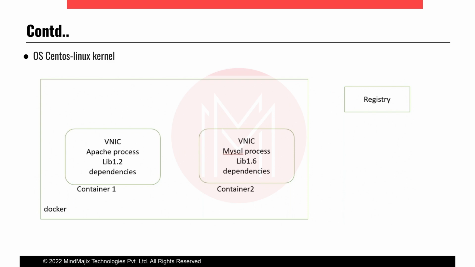Here we have taken the same bare metal, and we have installed Docker, that is the Docker engine, on your OS. The OS is CentOS with the Linux kernel. And here I have taken two containers. For container one, I have taken the Apache process, and for container two, I have taken the MySQL process. For container one, to install the Apache process,